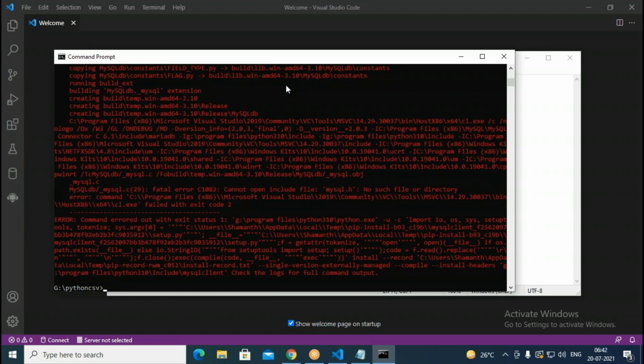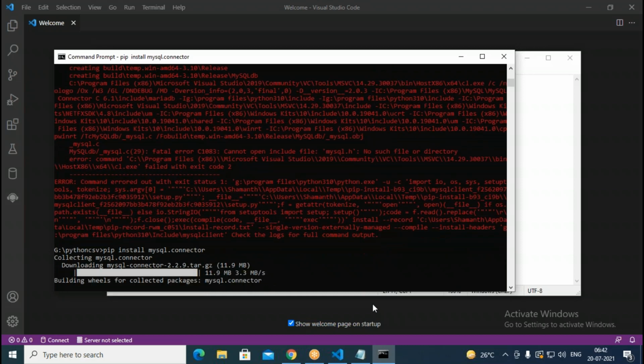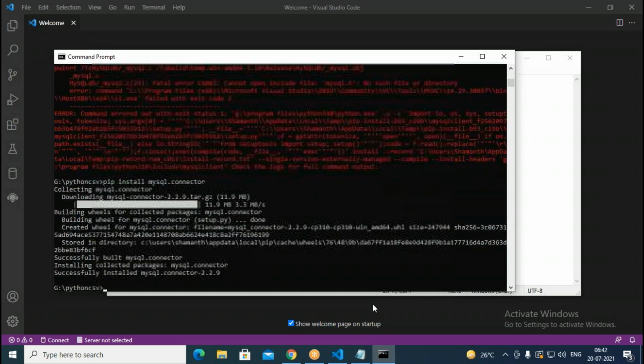In my application Python is already installed. I try to install like this: mysql.connector. So what happened here? This has installed. The MySQL connector has been installed successfully into my system. Now mysql.connector is available, so using that, we can connect to the underlying database.